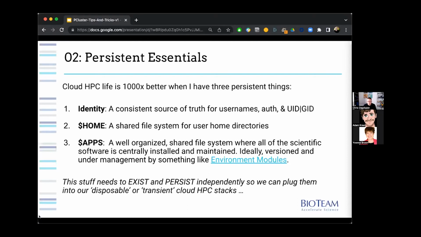commercial software installations. I don't want to put them in the operating system because the operating system in ParallelCluster could go away if the cluster auto scales down to nothing but the head node. So I kind of want three essentials. I want identity, I want home folders, and I want a place to store centrally installed and centrally mastered scientific applications. And the take home message here is these things should live independently of ParallelCluster, and you should be able to attach them and detach them to ParallelCluster as you need and as you deploy and operate clusters